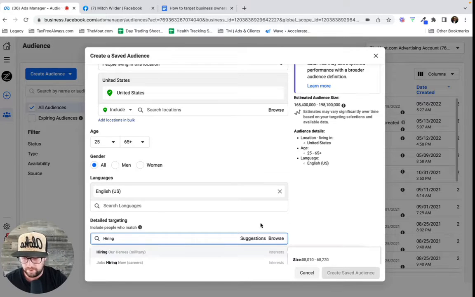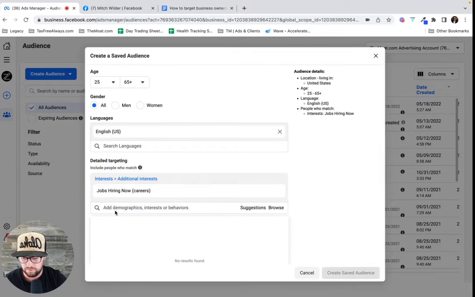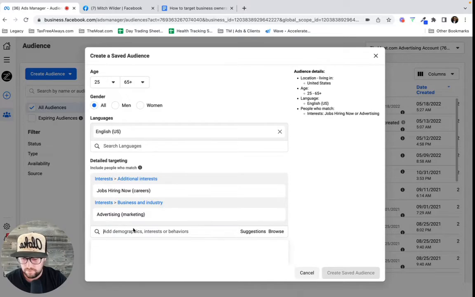Let's see what happens if I put hiring, right? Business owners are interested in advertising. And again, we want to keep these kind of broad. Interest, advertising, marketing. Okay. Business owners are interested in employee benefits.